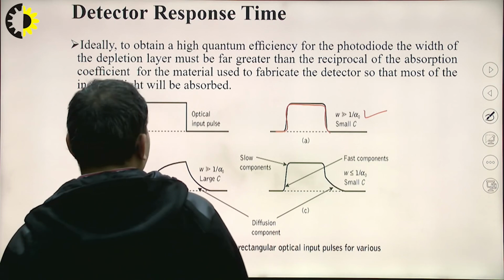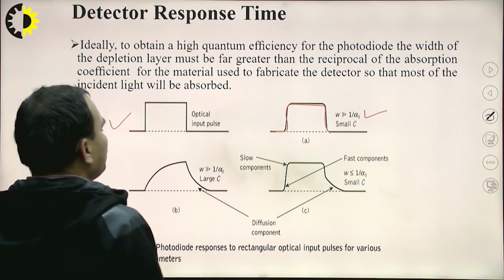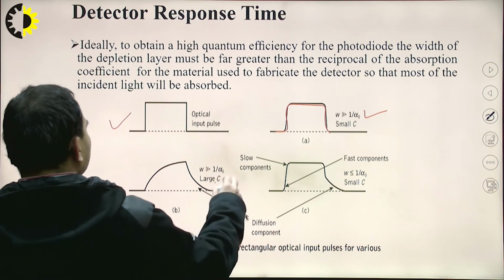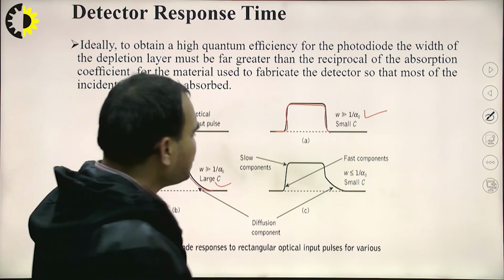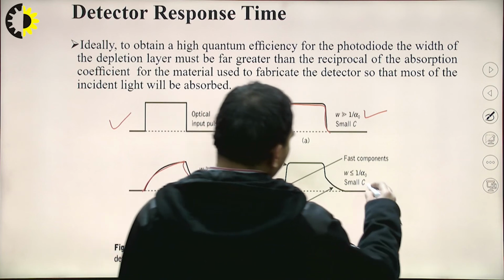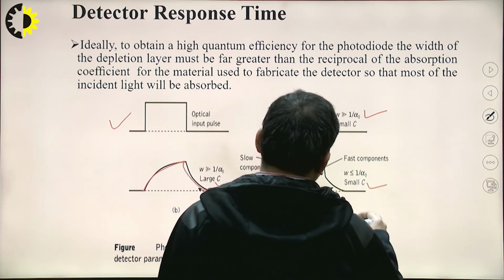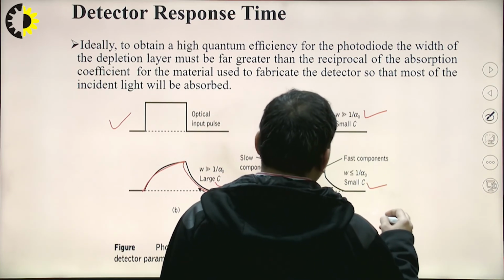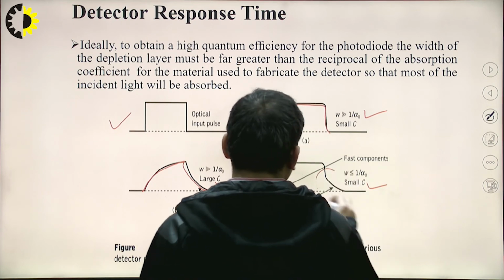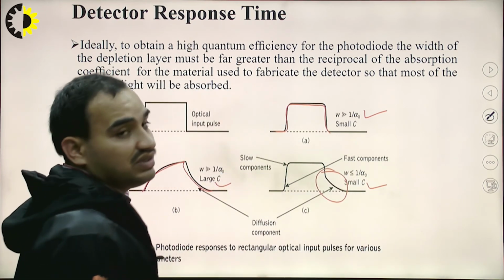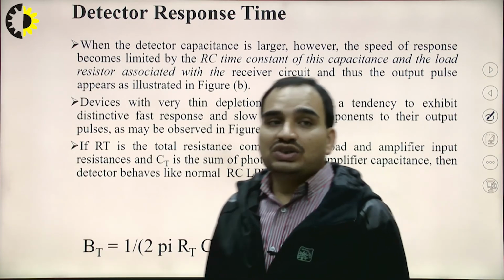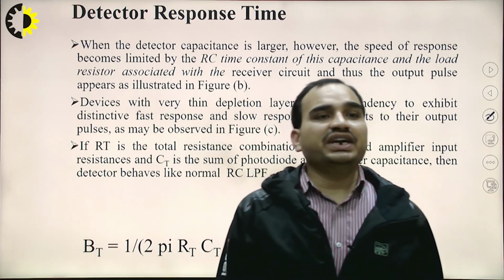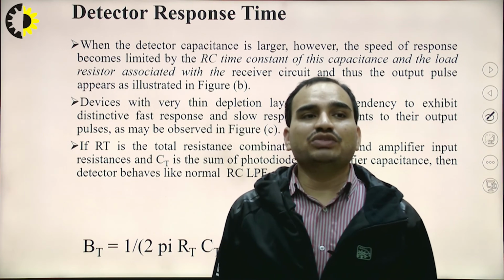But if the width is much greater than 1 by alpha naught with a large capacitance, due to the large capacitance we get a distorted pulse. And if we have a very small capacitance and the width is much smaller than 1 by alpha naught, then again we see a distorted tailing edge. So for the detector response time, when the detector capacitance is larger, the speed of response becomes